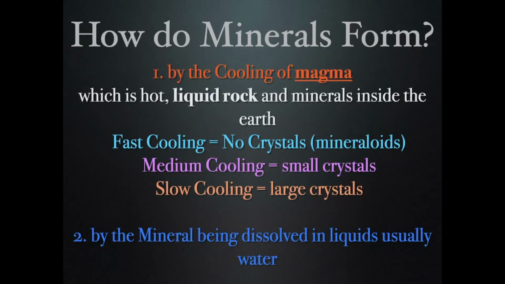They can actually form two different ways: by the cooling of magma, or minerals can form by being dissolved in liquids. When minerals are cooled in magma, if there's a fast cooling, no crystals will form. A good example would be obsidian, called volcanic glass. There's no crystals there. But then if there's a medium cooling or a slow cooling, you might have some crystals,